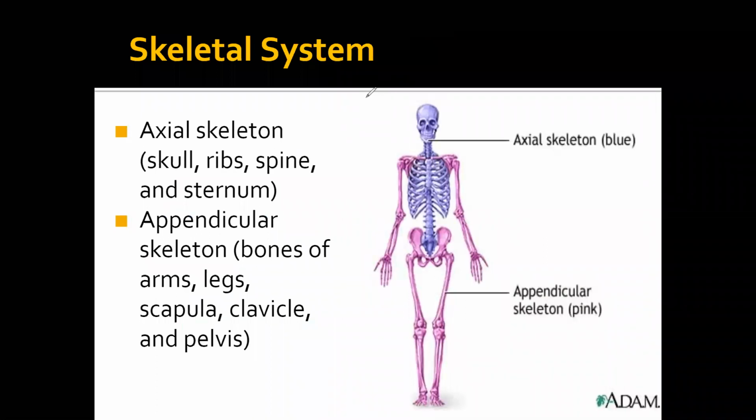The skeletal system is divided into two parts. The axial skeletal system includes your skull, your ribs, your spine, your sternum, basically your torso and your head. And the appendicular skeletal system is going to be everything else. So your arms, your legs, your scapula, your clavicle, and your pelvis are going to be part of that appendicular